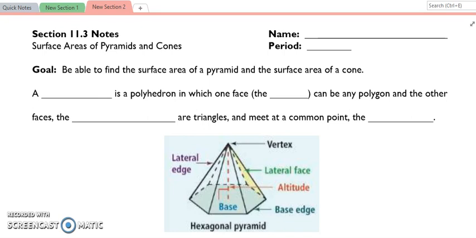Today we're going to spend our time talking about areas of pyramids and cones. We'll do our surface area and our lateral areas just like we did with our prisms and our cylinders. Okay, first let's go ahead and even talk about what a pyramid is. So a pyramid